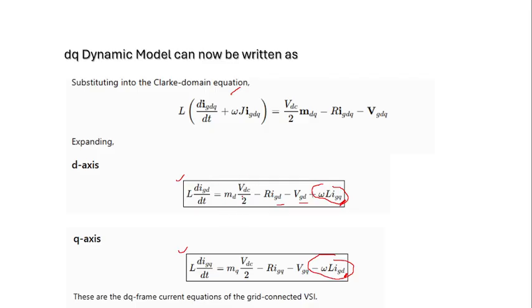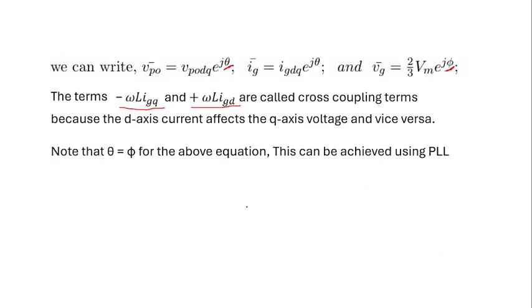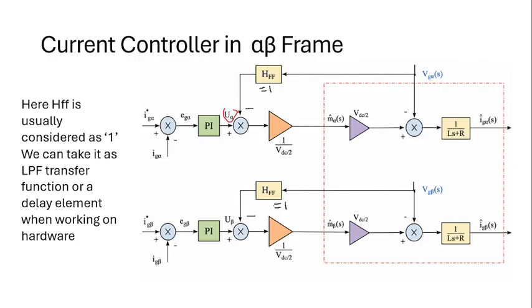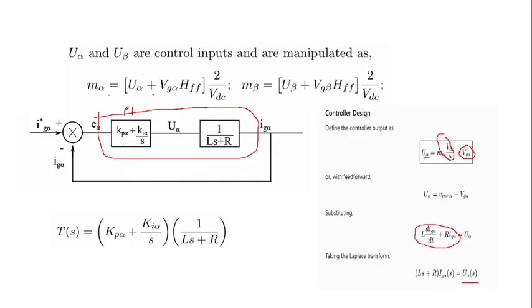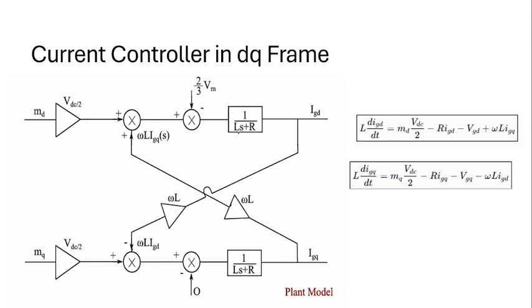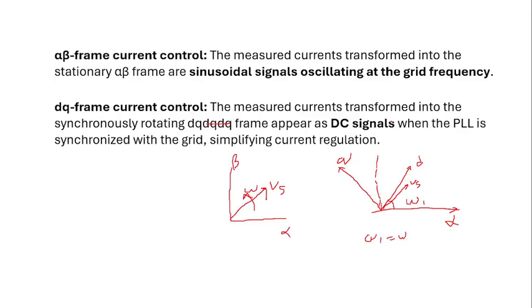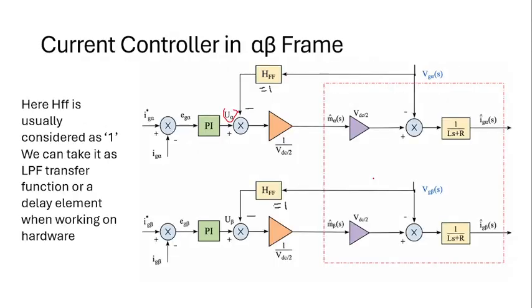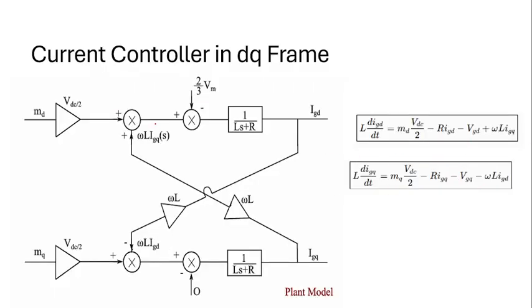So using these equations, we have obtained this one, where this feedback component is additionally added here to obtain this. So these are the equations. This we have already seen here. The same equations we are used here also. So based on that, the current control in DQ frame is modeled as like this. So this M VDC by 2 plus this component